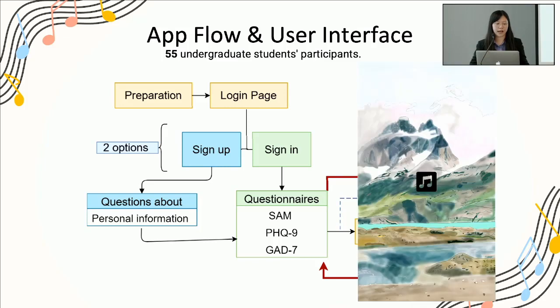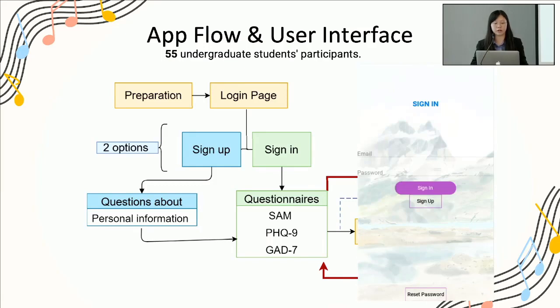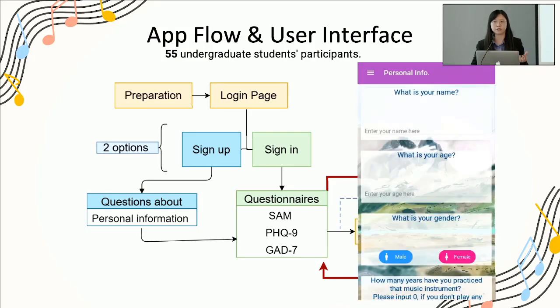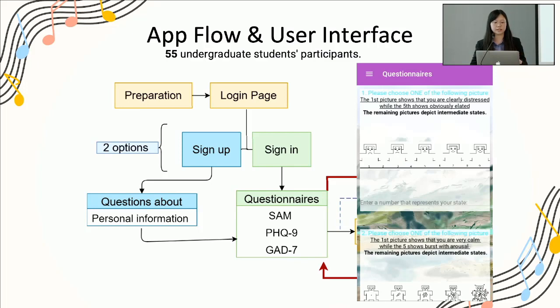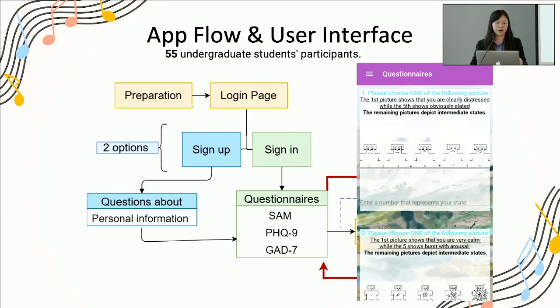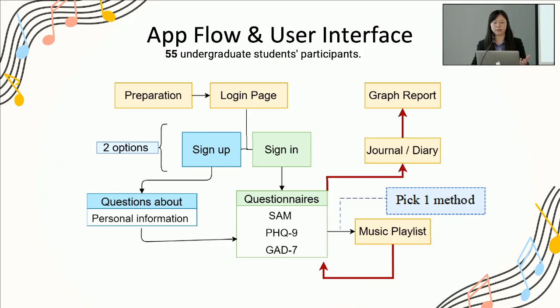And here is the app flow, and it will start with the preparation screen. Then here will be the login page with two options, sign up and sign in. If they choose sign up, here we'll have some questions asking for personal information. And then here is the self-assessment mannequin scale called SAM, which is a pictorial tool that helps respondents map to the corresponding arousal and feelings table here to record the pre-test result. And we will also have a PHQ-9 and GAD-7, which are questionnaires that calculate the severity of depression